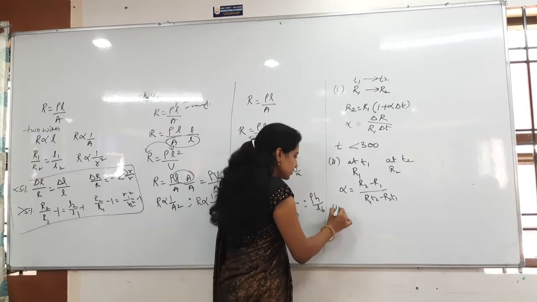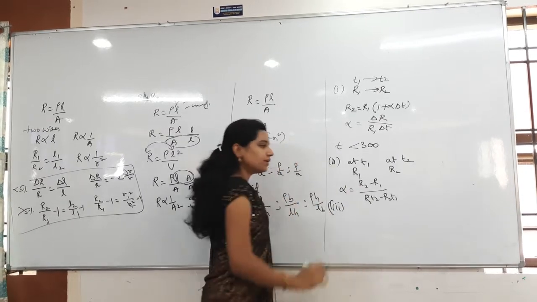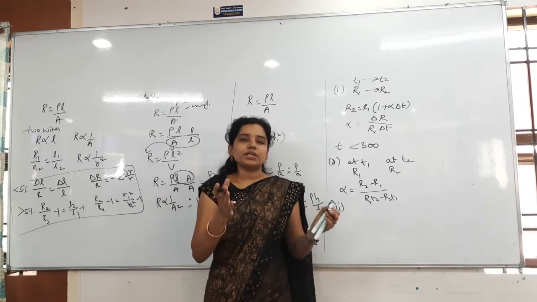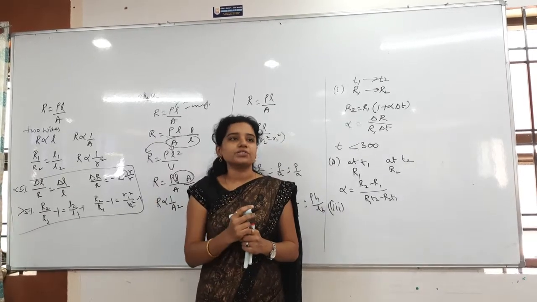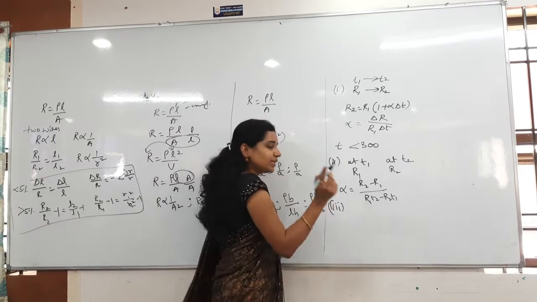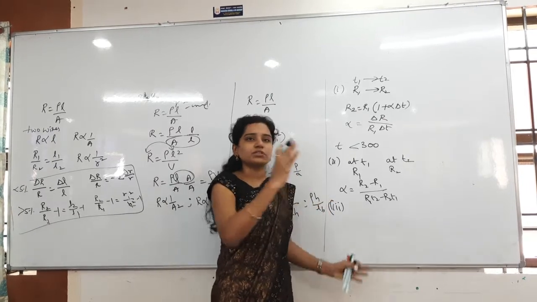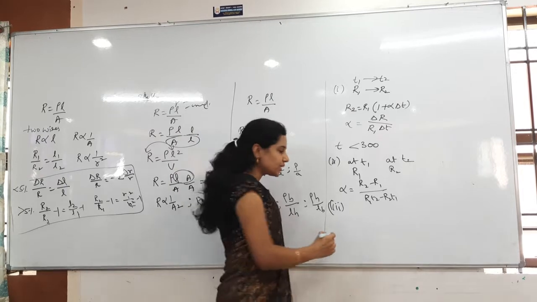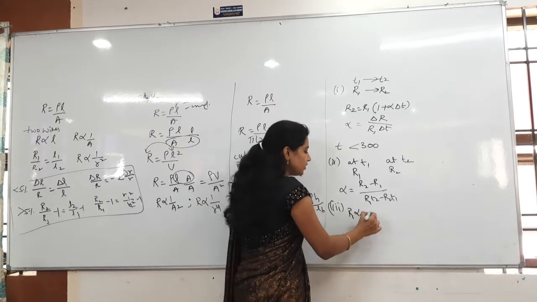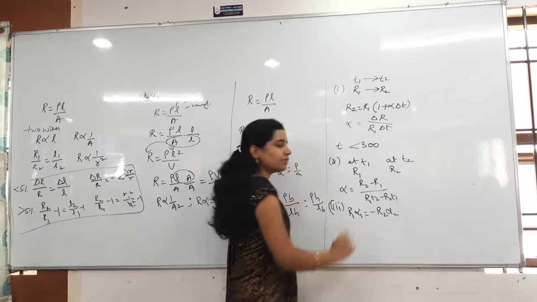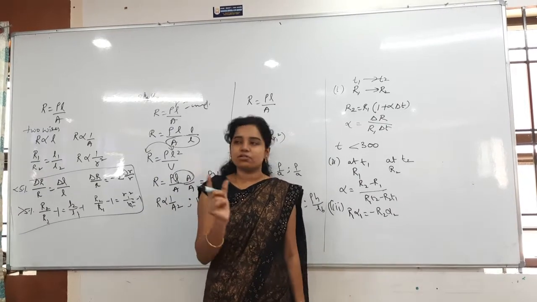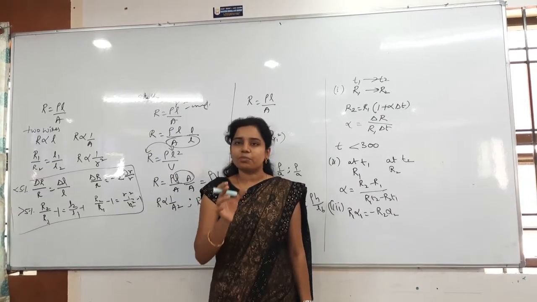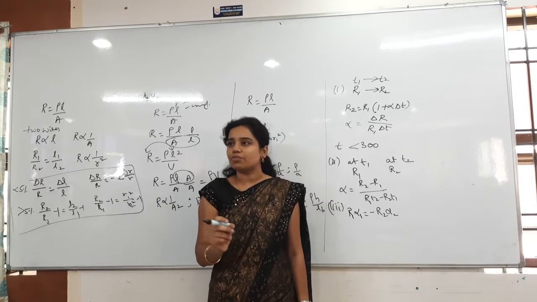Next, the third case is whenever they say that the effective initial resistance is equal to the effective final resistance. What should the condition be? R series effective initial is equal to series effective final. The condition is R1 alpha 1 is equal to minus R2 alpha 2. The terminology whichever I am mentioning, you have to remember, that will come in the problem. By that terminology only you have to identify the formula.